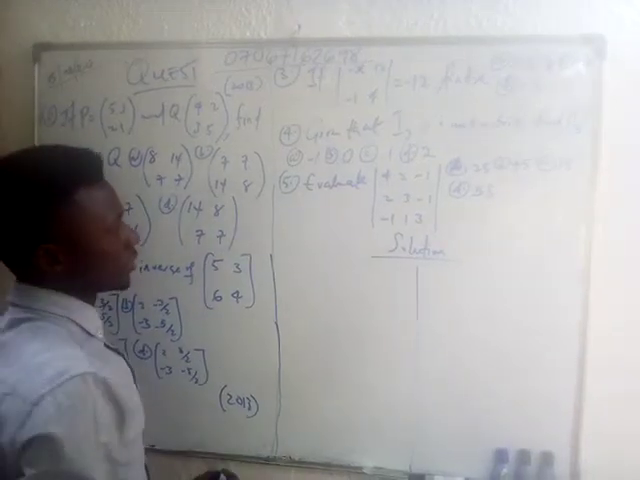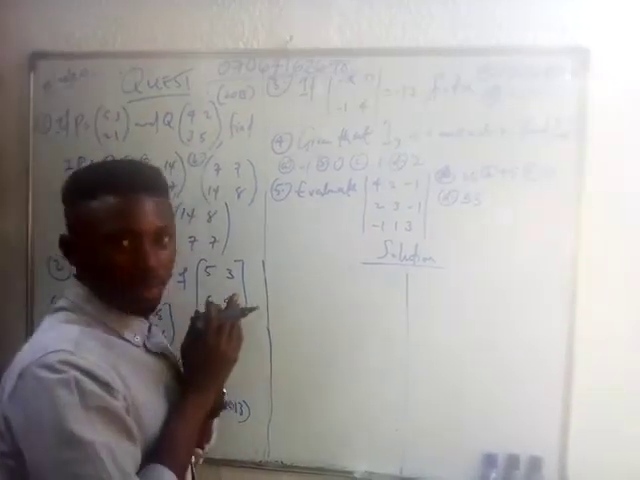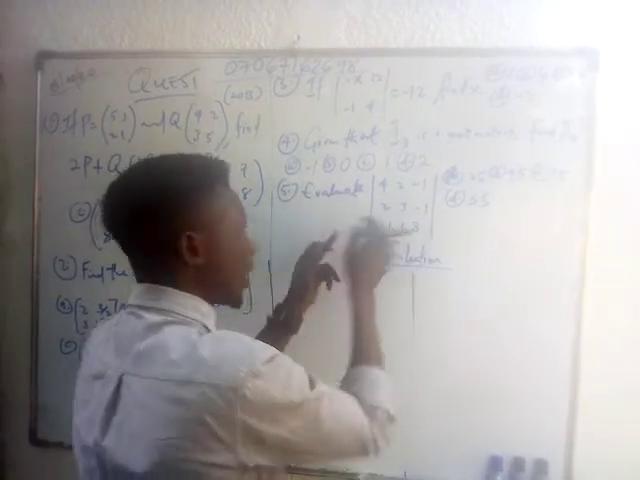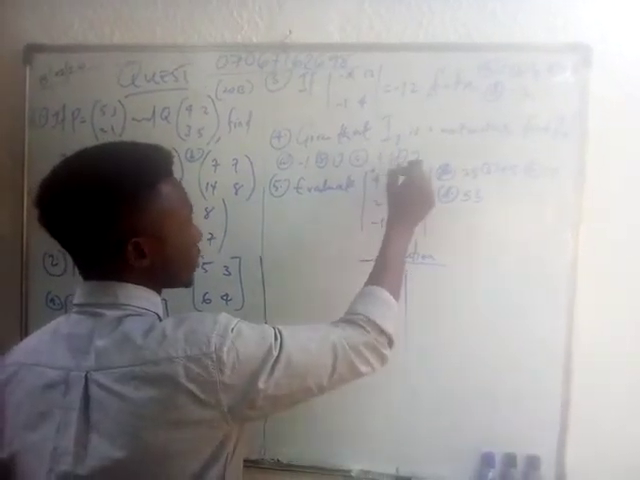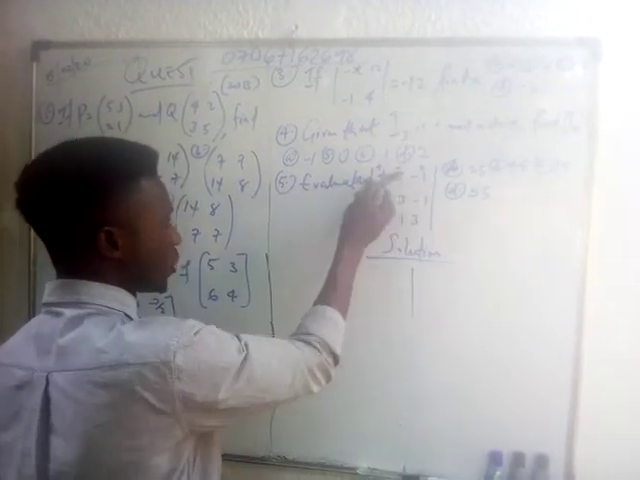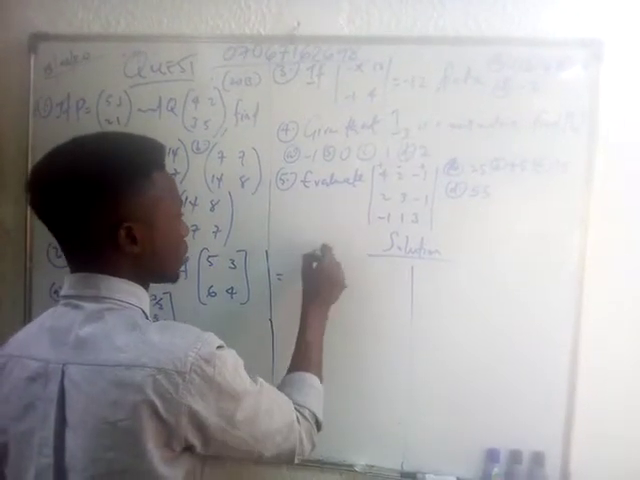This is a determinant. Why? Because of this rule. It's not a matrix, but a determinant. So you say plus, minus, plus. So it means I'm starting with question 5,